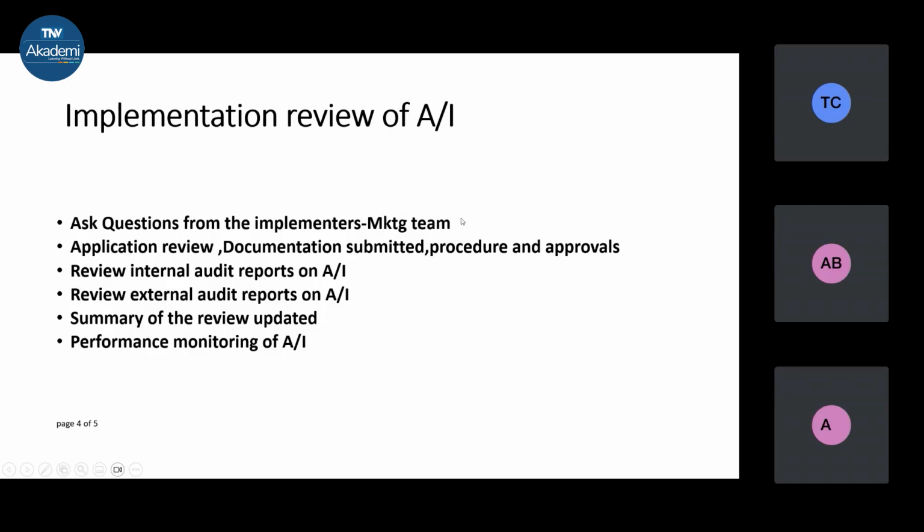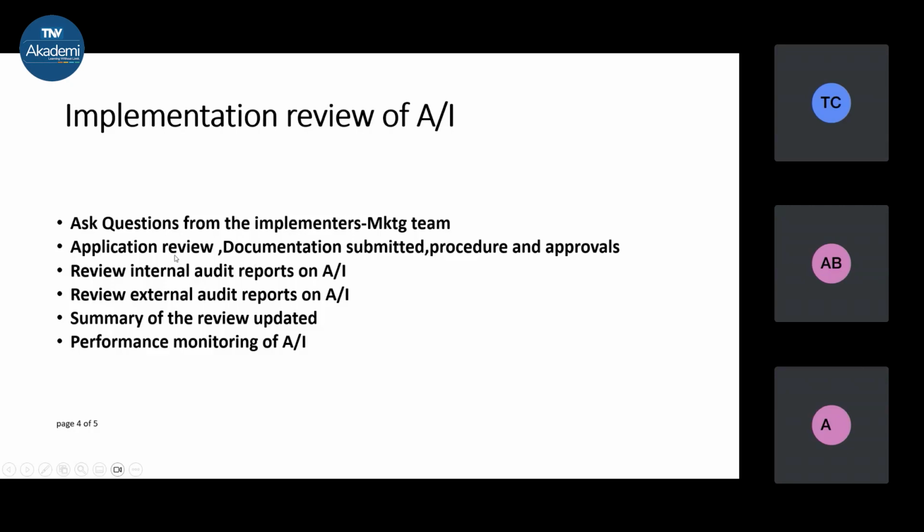If I am an application reviewer, or at times if I am a certification decision maker, I have to ask him what was the scope, why this scope or this information was not given earlier. If we are at a stage one audit, we'll ask all these questions. What are the processes which need validation? What are the temporary and permanent sites? What is the applicability? What is the non-applicability? So a lot of questions are asked.